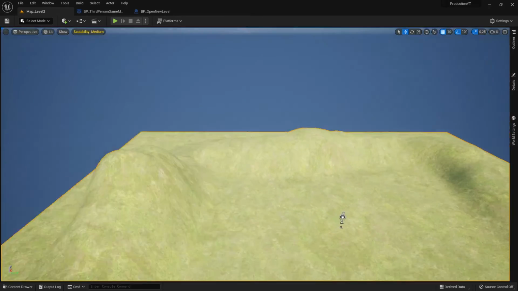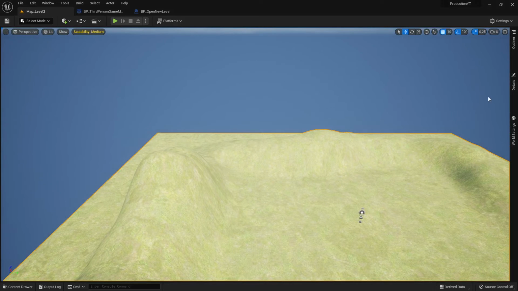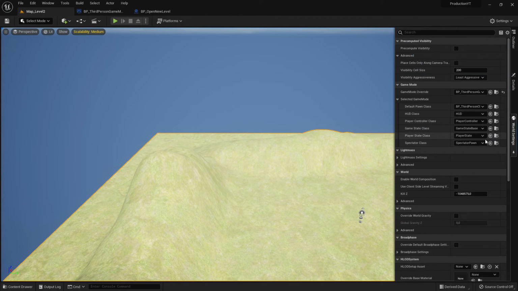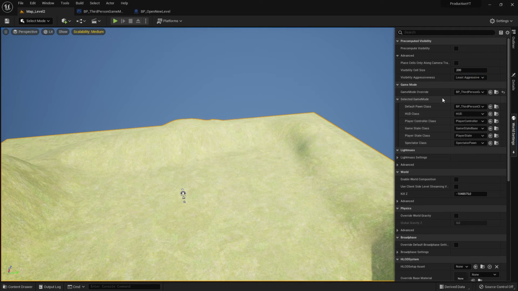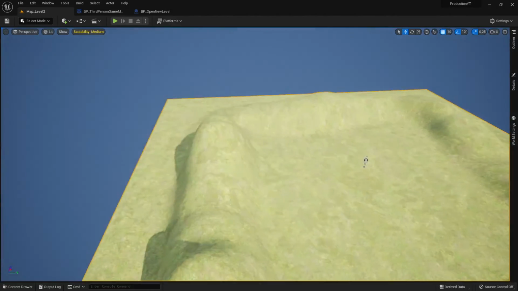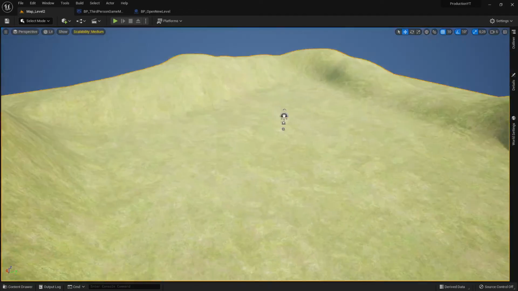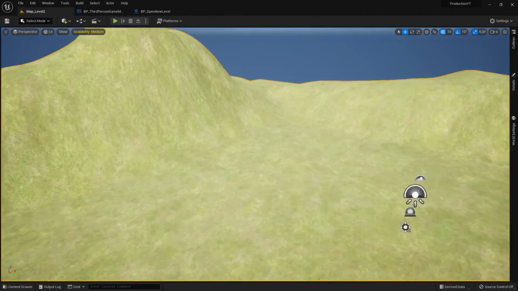Anyway, the first problem is we have to open our world settings, and I have it here on the side. And I have, oops, this is not a problem actually. I thought I had not set the game mode, but the game mode here is set, right? So this is not a problem. So what is the problem then? Why is my character not here? Because we have not here,